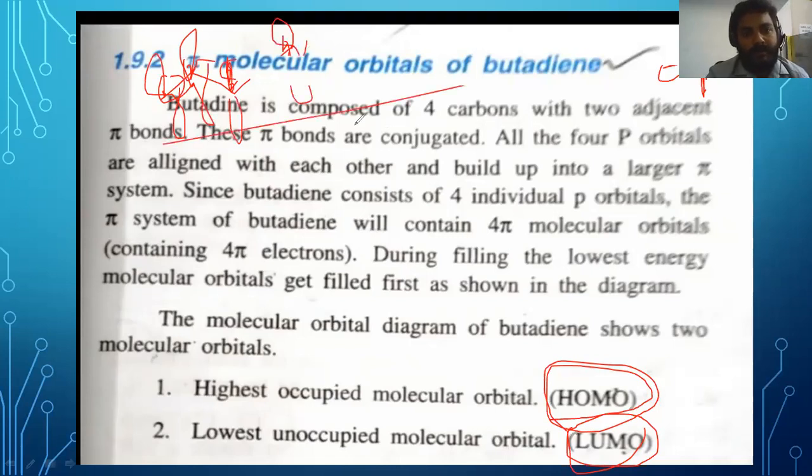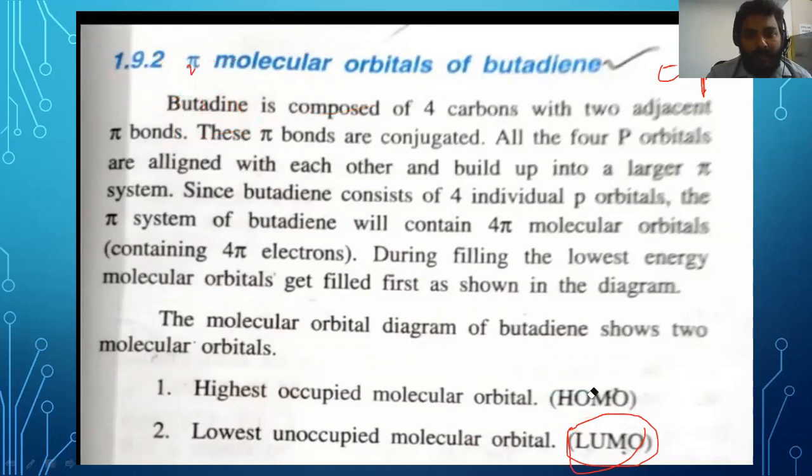Okay, 4 electrons. Orbitals are attached like this. We find a conjugated double bond, conjugated 1,3-butadiene. This is a very important structure. I think you are understanding the introduction of 1,3-butadiene. There is a conjugated double bond.